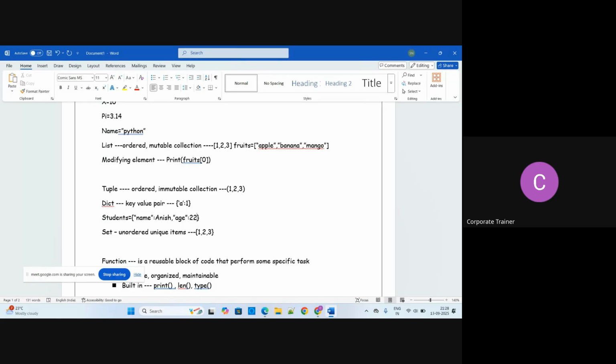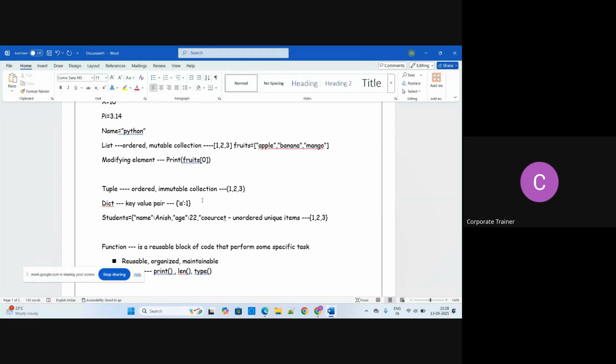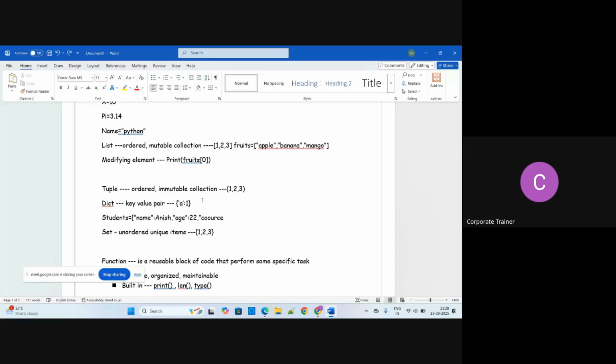And one more thing, I am assuming that he is right now pursuing a data analytics course. So course, that is data analytics.